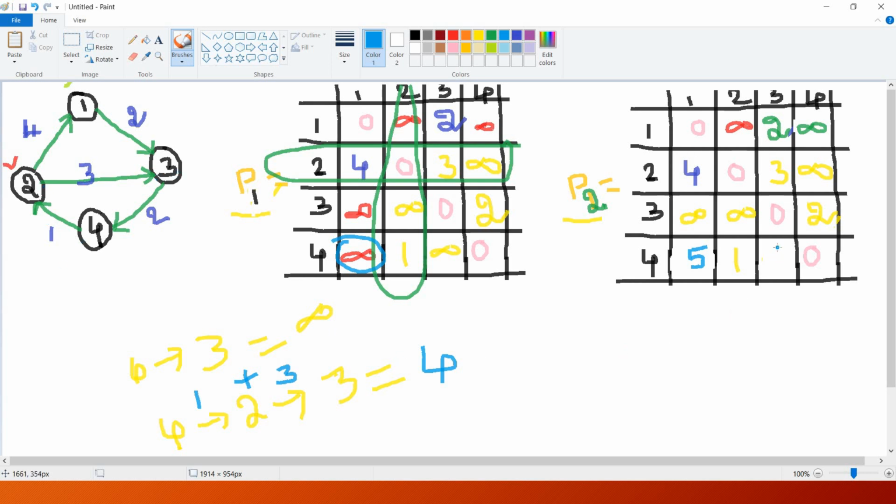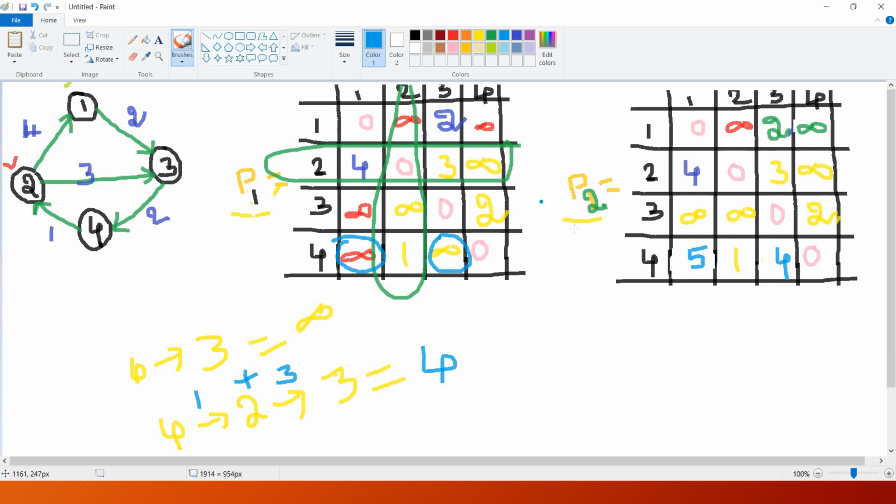So now we have eliminated 2 infinite values and we are able to find some path from one vertex to the other vertex which don't have any direct edges. By means of intermediate vertices, or by means of the property of transitive closure, we are able to find the shortest path from 4 to 1 as well as 4 to 3. So now this is the second step. We have completed successfully the second step and we have pending step 3 and step 4.